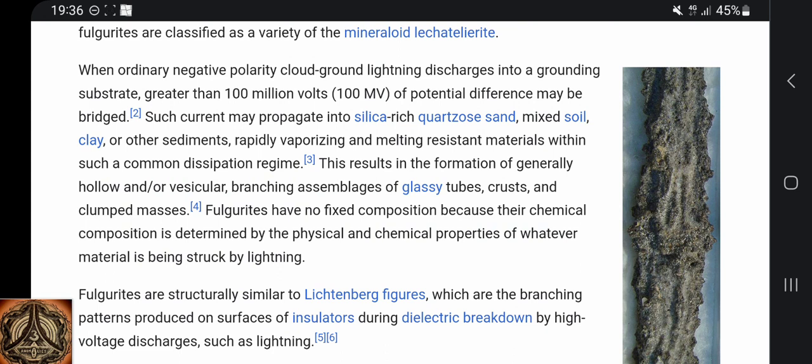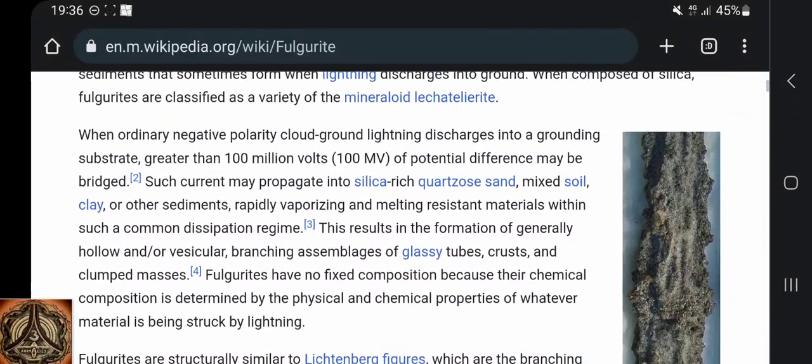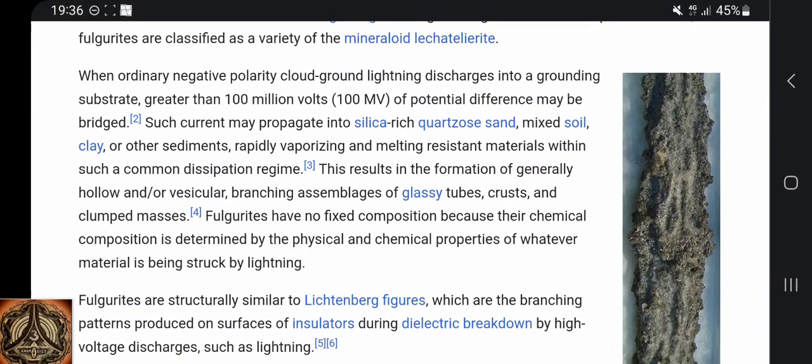Fulgurites have no fixed composition because their chemical composition is determined by the physical and chemical properties of whatever material is being struck by lightning. Fulgurites are structurally similar to Lichtenberg figures, I mentioned them earlier in some video, which are the branching patterns produced on surfaces of insulators during a dielectric breakdown by high voltage discharges such as lightning. And the Birkeland current is just a huge lightning bolt. So now,